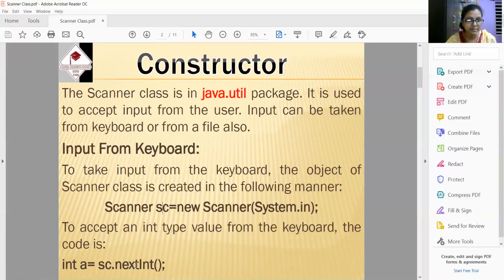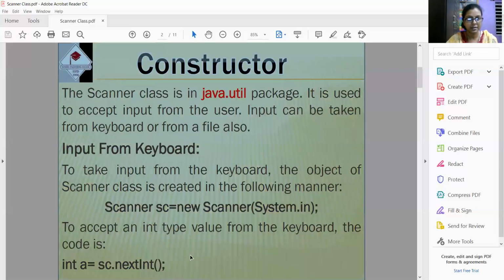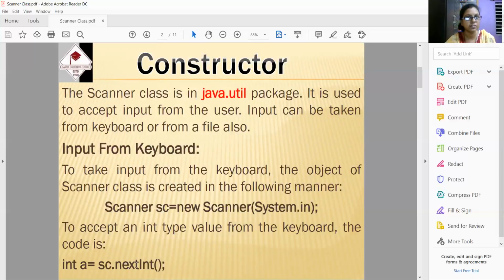If this syntax is used, then nextInt, that means what kind of thing we will take, int, via user input via keyboard. That means when I take 1 2 3 as a whole number, then that particular thing will take the value sc.nextInt. sc.nextInt is an already predefined method in the Scanner class.